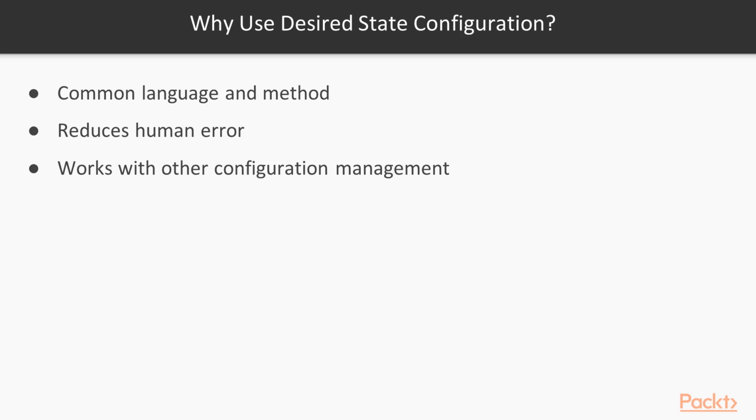It knows how to make all of these resources comply to what you've asked, and it'll go out and do that. That greatly reduces the chance for human error, which means you're going to have systems that are configured very similar in fashion across the board. So if you need to build 100 web servers, they're going to be identical in everything but the actual server name. Another plus here, if you're working in a hybrid environment, you have a lot of Linux and Windows systems,